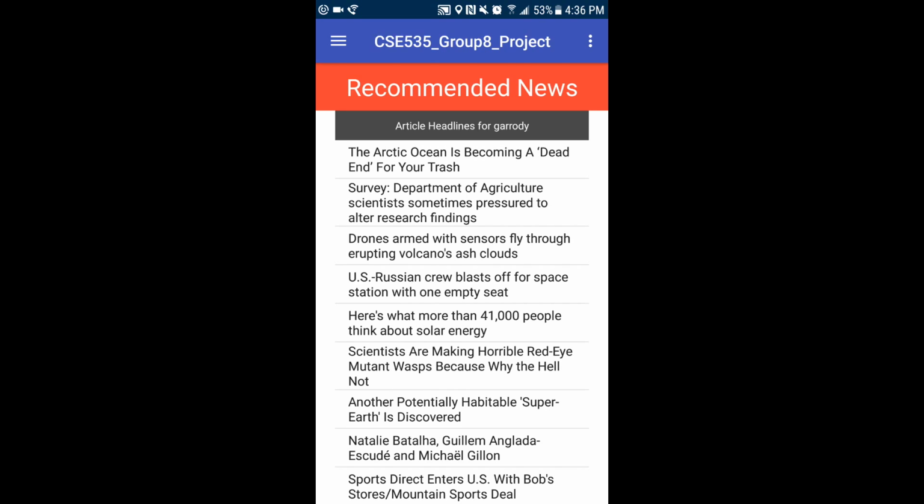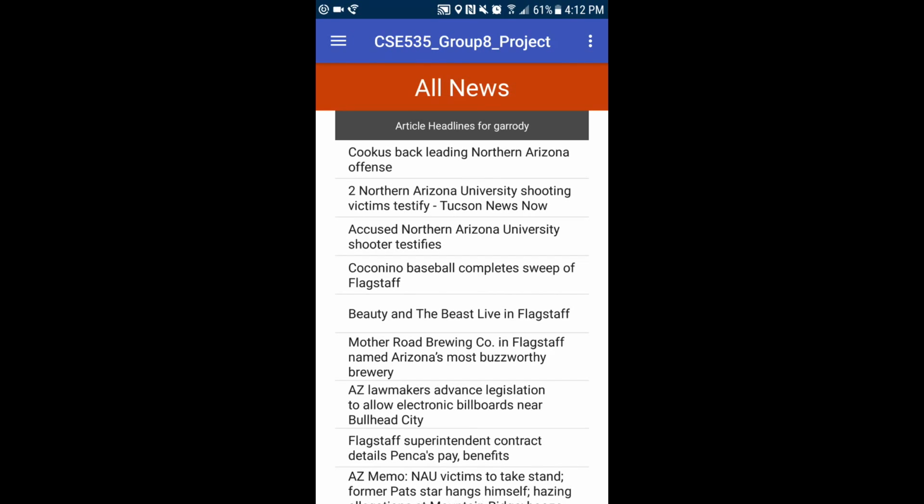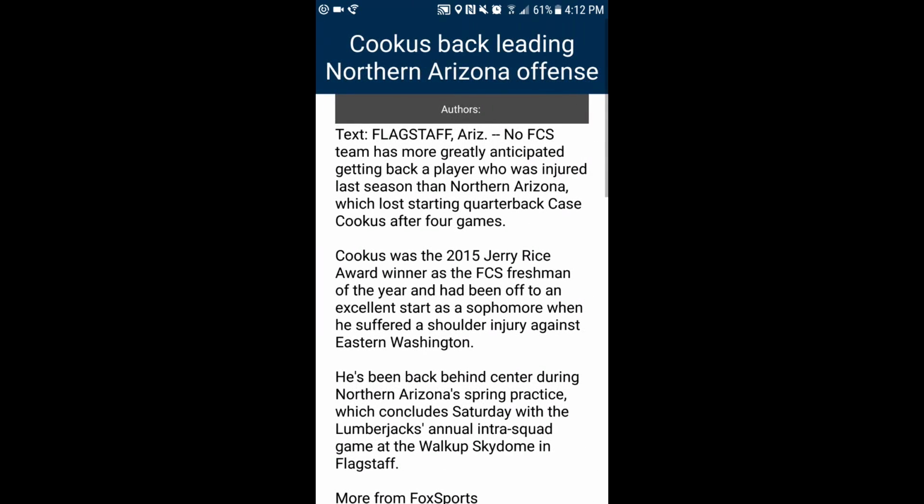When a user clicks an article title, they can either read the article or mark the article as favorite offline as well, which is currently being fine-tuned. If a user clicks view the article, the user will be redirected to the article view page. The user can read the article